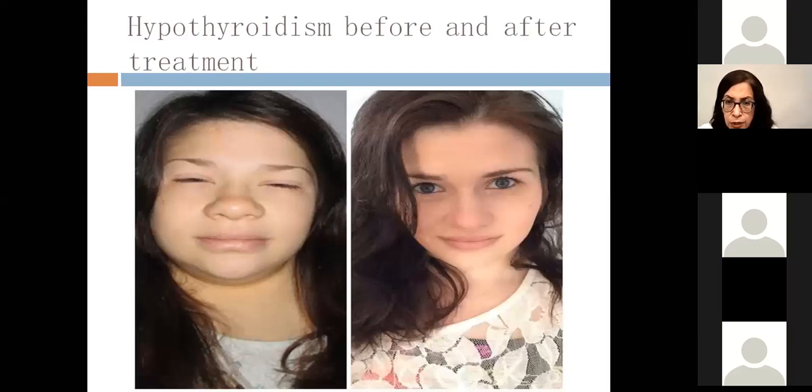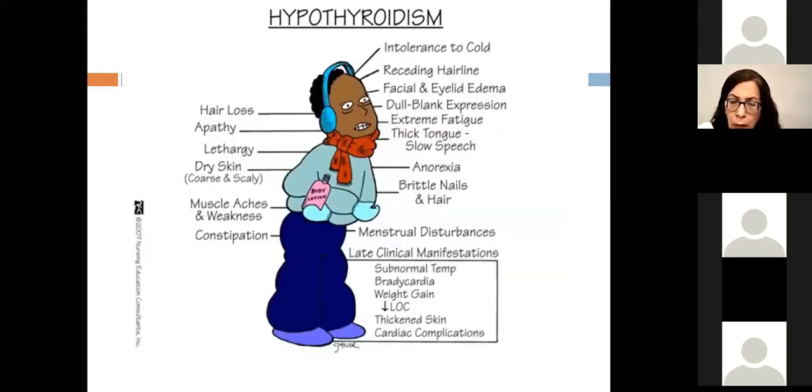See, this is a patient before treatment. Look at the thick nose and thick lips and all the things there. And look at this. This is the broadening and the coarsening of the facial features. Again, a short clip to show you intolerance to cold, receding hairlines, facial and